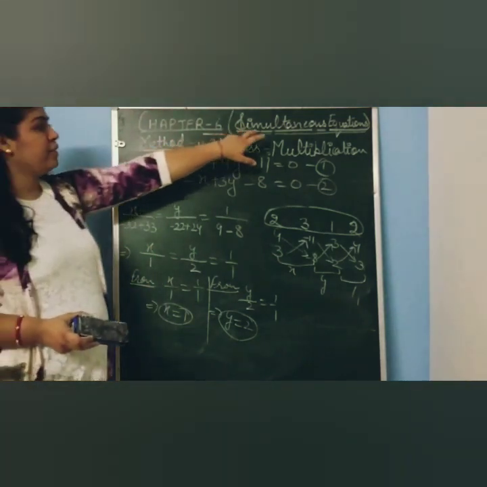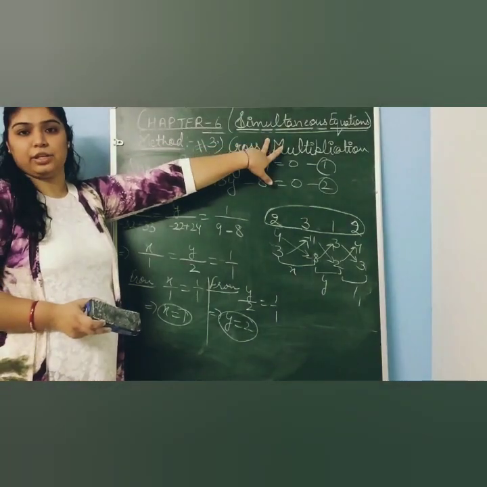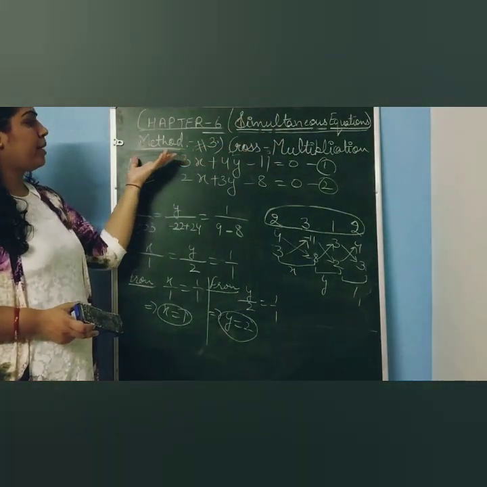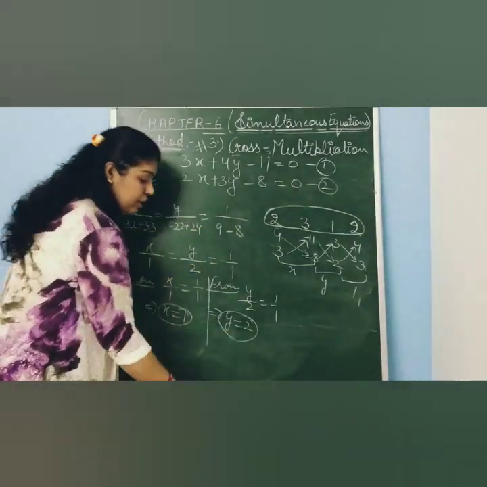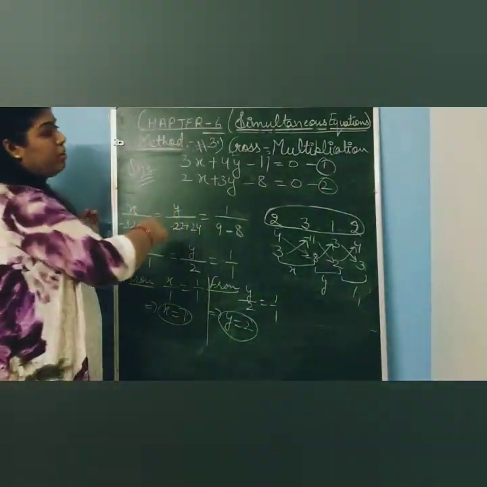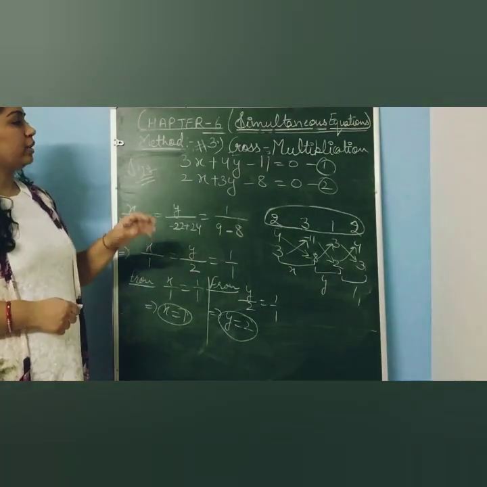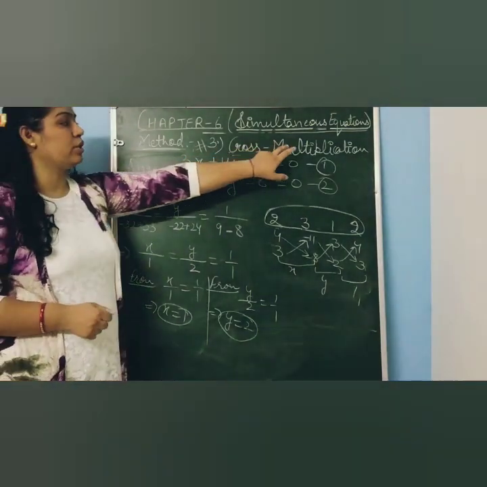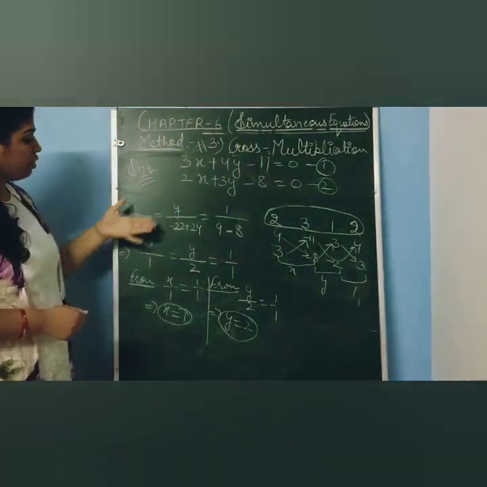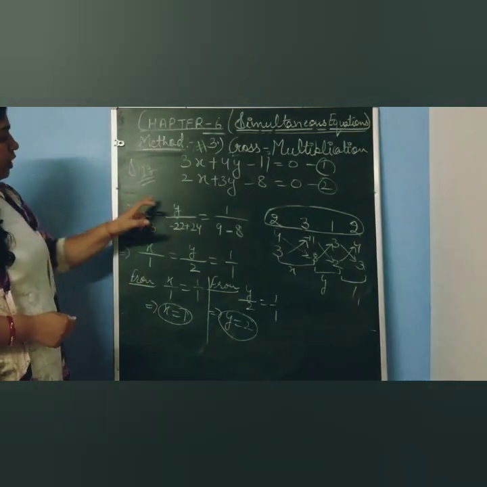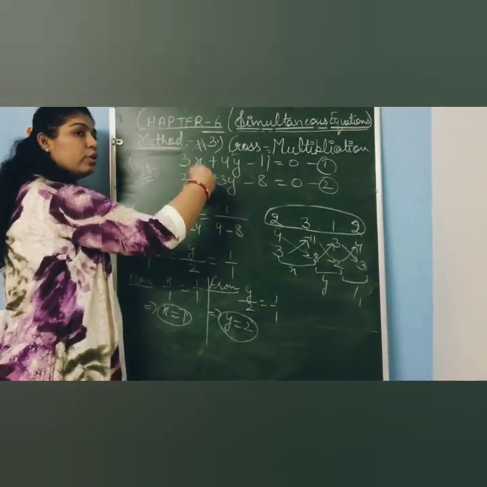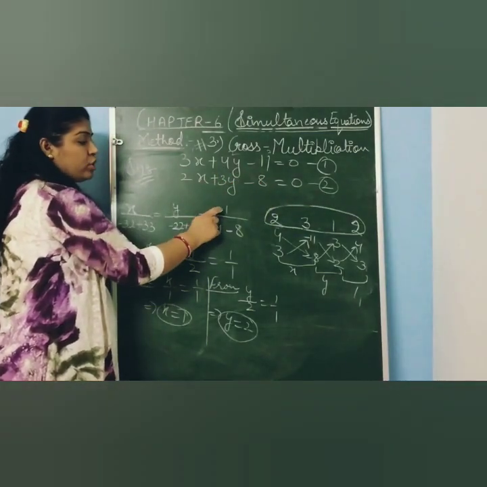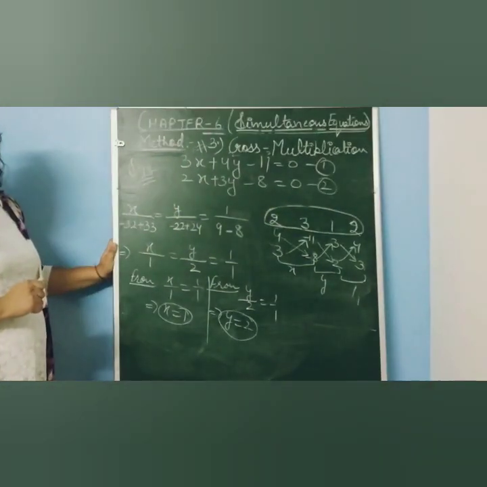So we are having three methods to solve the simultaneous linear equations. One is by using the method of substitution. The another one is by using the method of elimination by equating coefficients. And the third one is elimination by using the cross multiplication. This is a cross multiplication. Here we have to see that the constant should be on left hand side or on the right hand side. According to that, we have to take the value of 1.